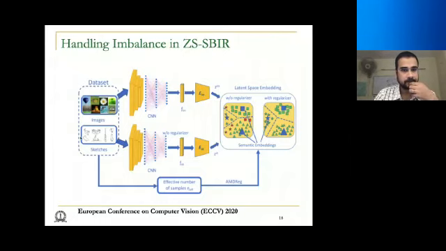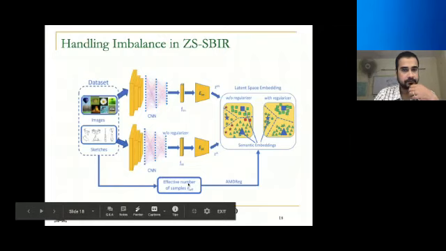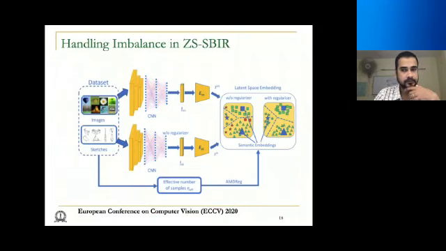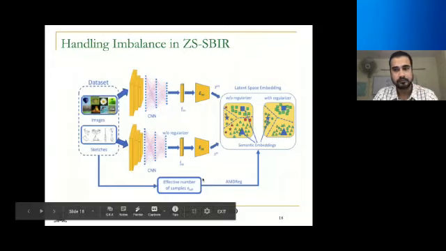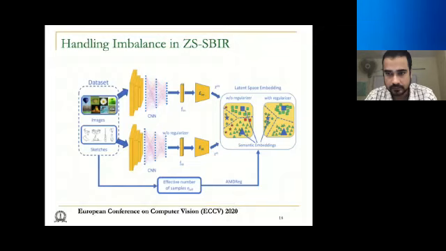Right. So here from the data set, we computed something called the effective number of samples. It is nothing but the total number of samples per class for both sketches and images. And we use this to essentially make the embeddings better with respect to the imbalance that is present in the data set. So what do we mean by this? Suppose these big blue square, rectangle and star are the class prototypes or the class representatives, right? So it might happen that if you have very little data in one class, then that class and the neighboring classes will start coming together in the embedding space.